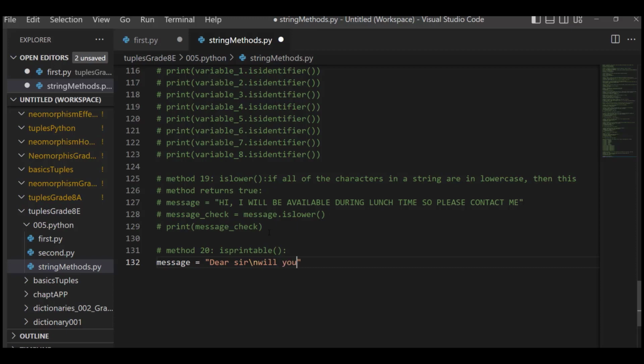Will you be there? A line break for discussing the project. If so, can you